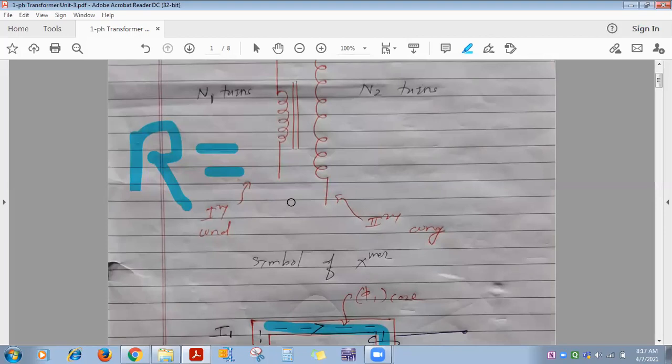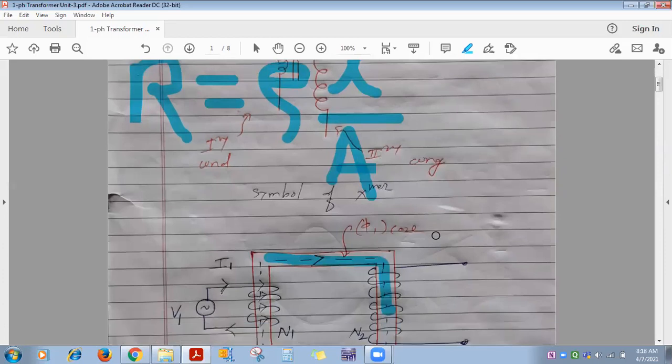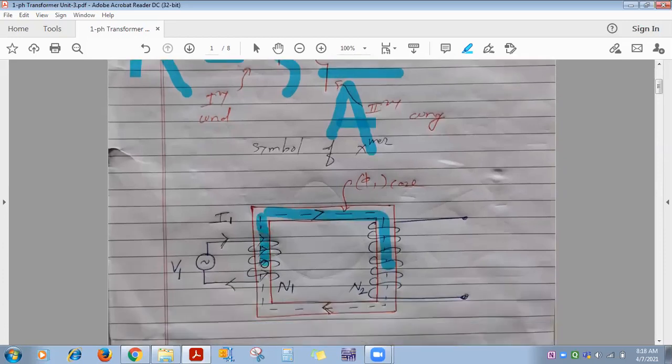But for underground transmission of electricity, cables are used. In cables under the ground, lots of space is there, no space criteria. So there we use aluminum for the flow of current because its conductivity is more, that is, its resistance is less. The formula of resistance, all of you know, is rho L divided by A. So this is about metal and current. Now we are going to see that this core is a magnetic circuit.